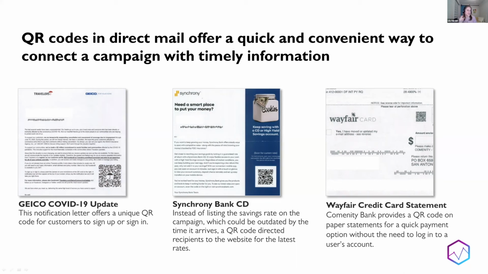But I thought this was clever, where the Wayfair credit card statement from Community Bank came with a QR code where you could actually scan the code, and there was no login. It recognized the person's account and the account number. Now, you had to have an account already established, but once you do, you can literally click on the code, click on the amount due button and hit submit. There's no additional loading of bank account information or additional friction to the process. So putting that there made for very easy payment capabilities.